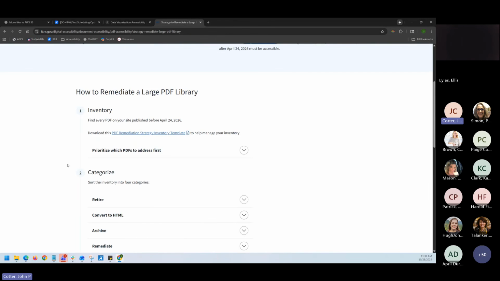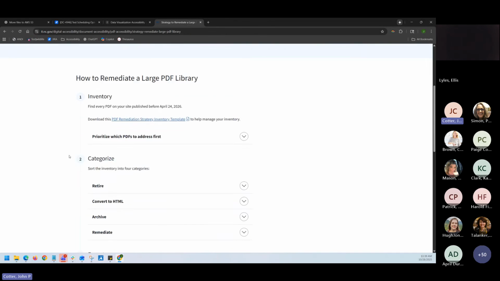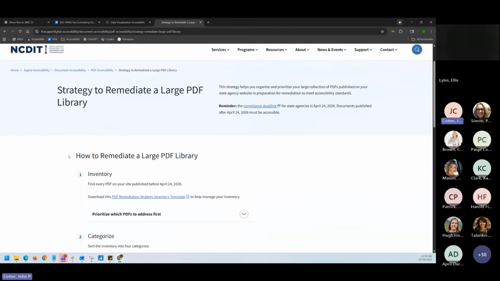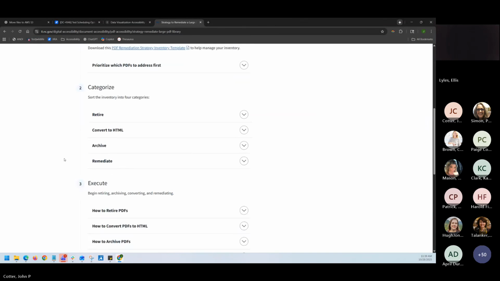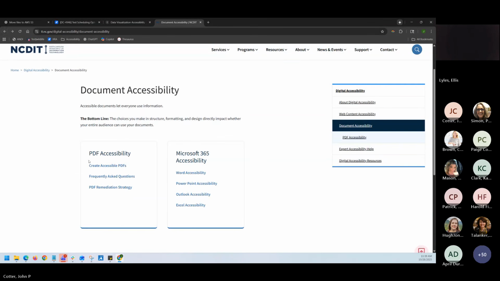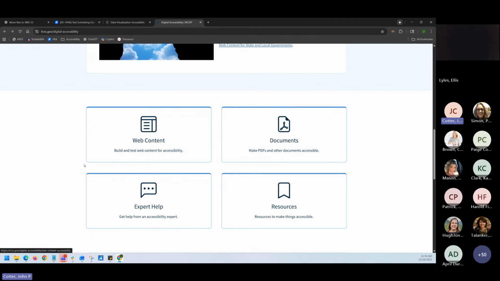If you're in charge of a large PDF library and you don't know where to get started, this is a great resource to help you find a plan to do it. Yeah, so check out that new content. The link is in the chat there. And share it too.